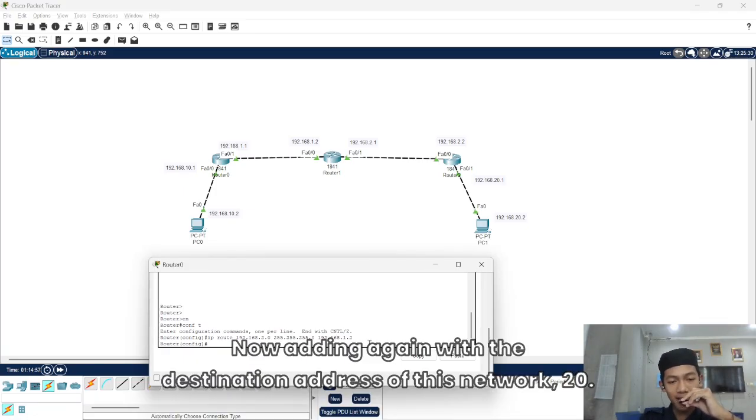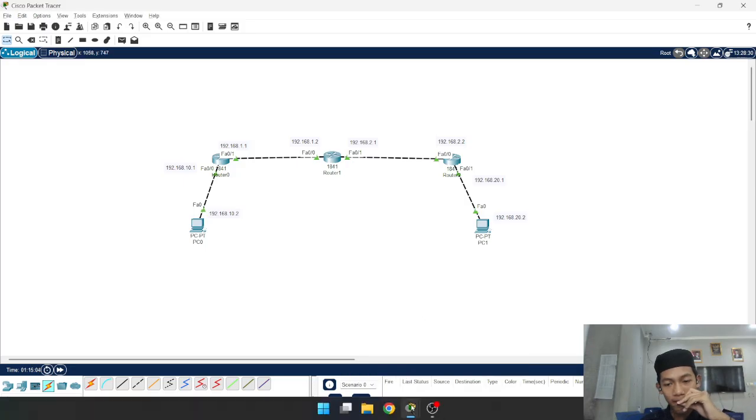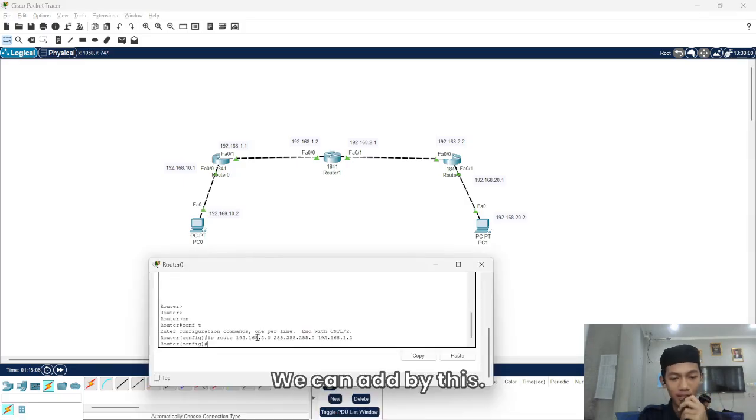Now adding again with the destination address of this network, 20.1, 20.2, we can add it like this.